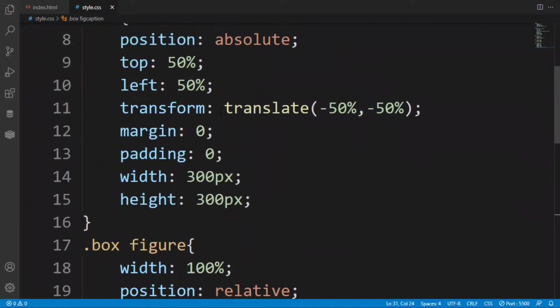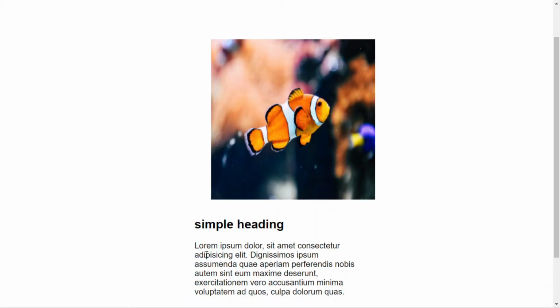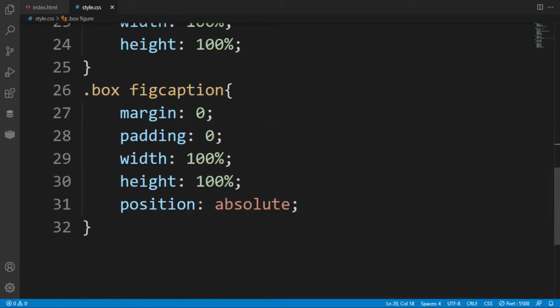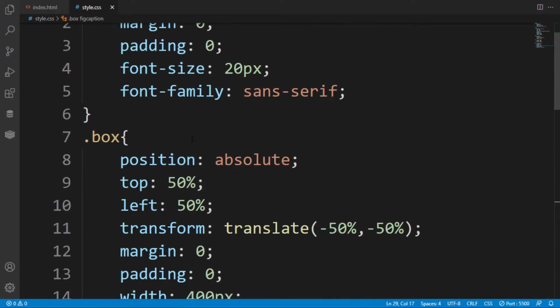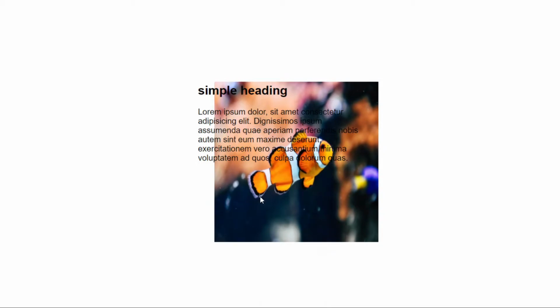Now let's check where we have made a mistake. It works if I increase the height to 400 pixel. Now why is it not working? Checking the position, I put position absolute.